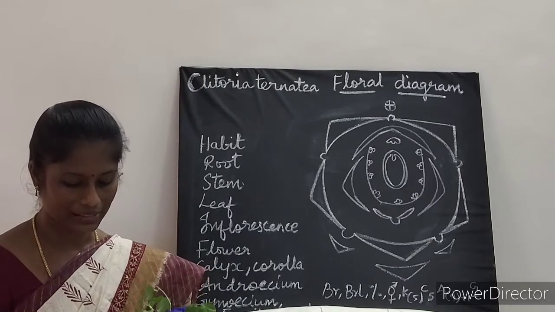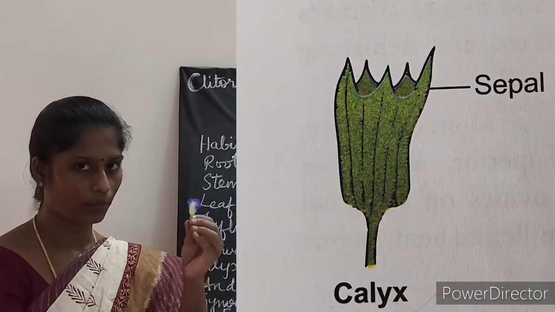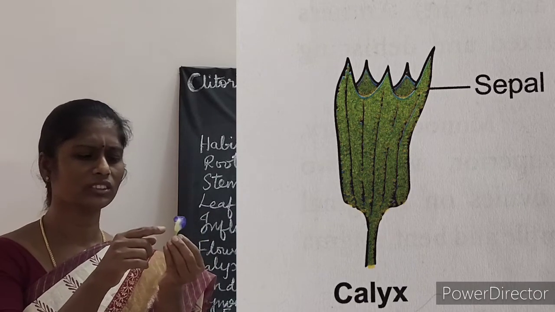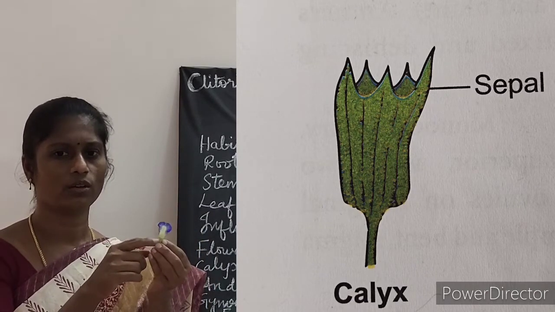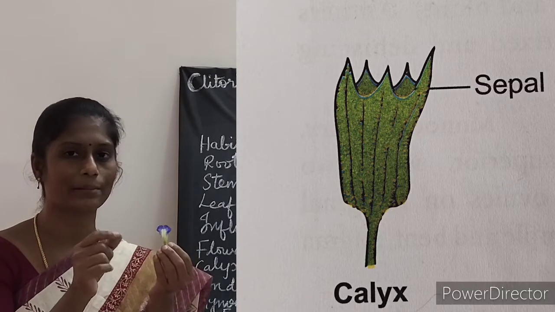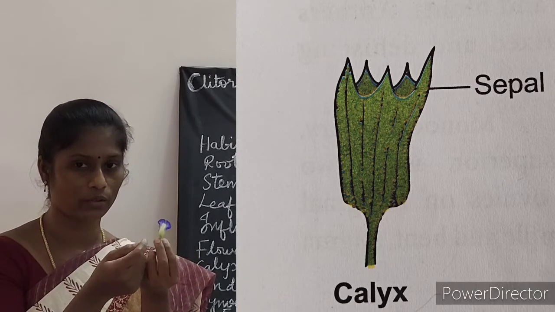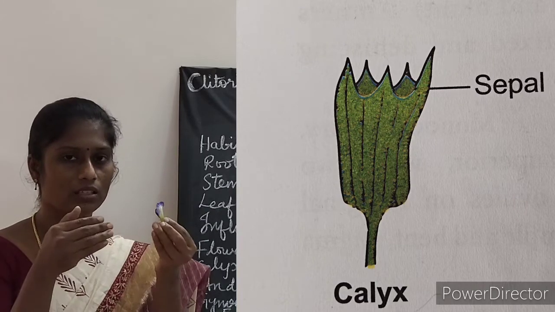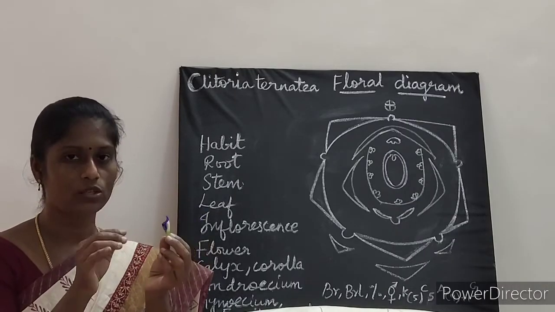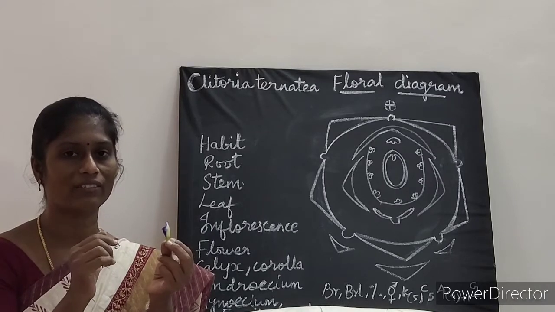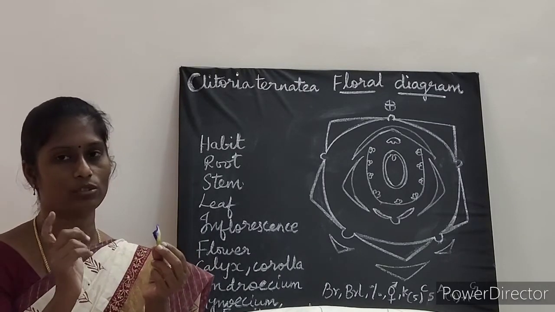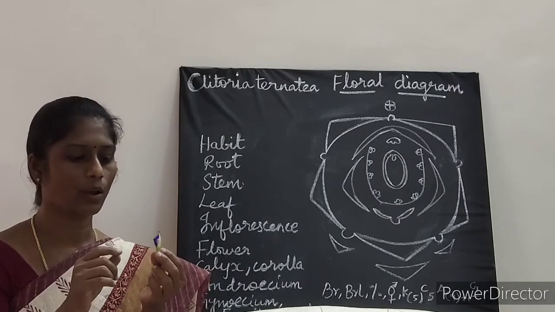Next one is about calyx. Here the calyx is composed of sepals. Here it is green in color, which is 5. Okay, and it is gamosepalous. Gamosepalous means sepals are united, joined. Okay, and then showing valvate aestivation. The margins just meet, they do not overlap. So if they meet, it is called valvate aestivation. And the next one here is the odd sepal is anterior in position.